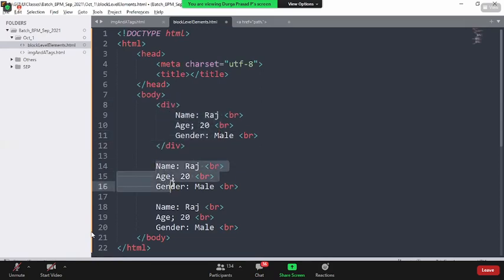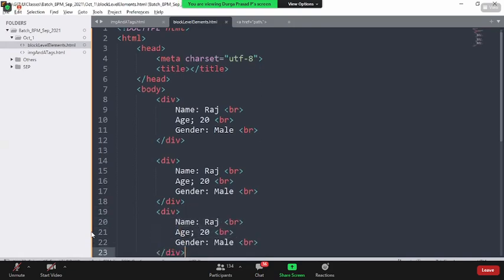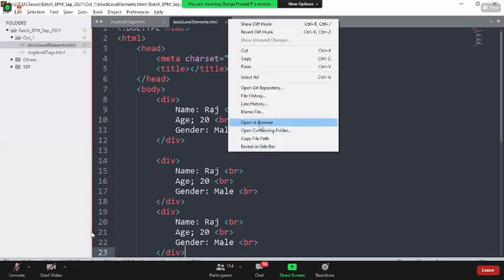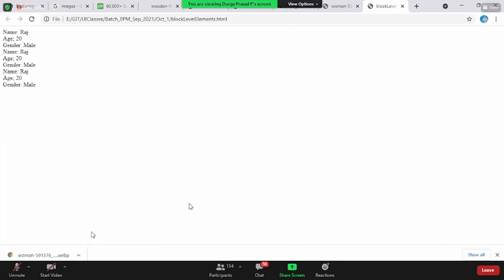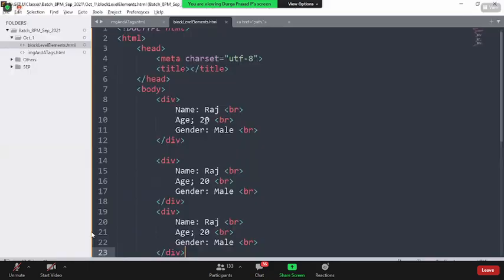Okay, so here there is a set of elements. Again, you create a div tag. Div is a block level element, grouping multiple related items into a single block. This is what the div tag is used for. Now if you save this, come back here, reload the page and open in the browser, this is how it is coming. But once you go into the source code, is the relevant code not a part of an individual block? Yes, that is where you go with the div tag.